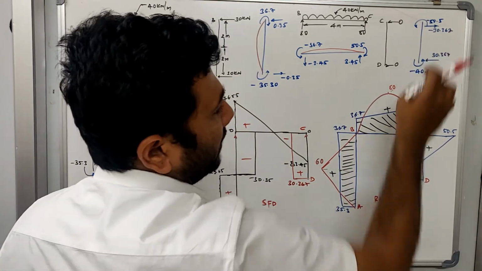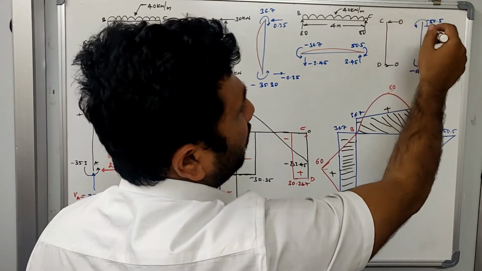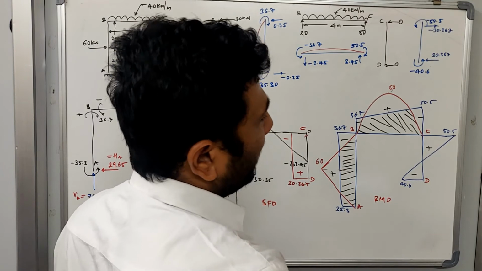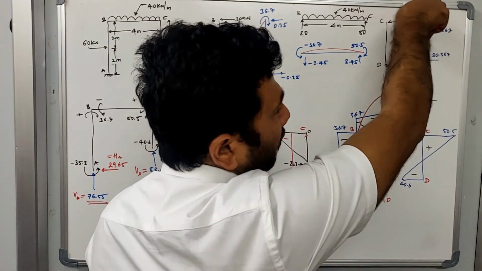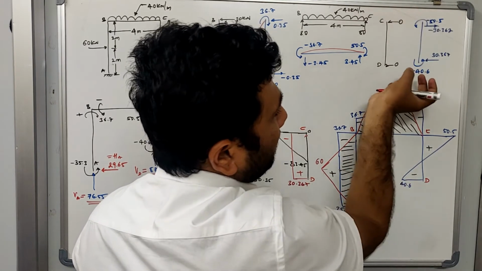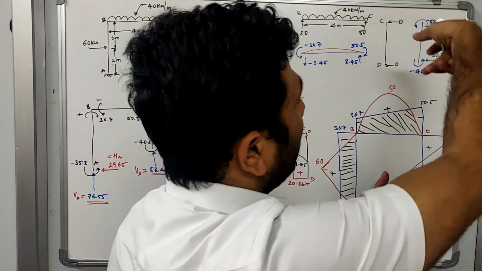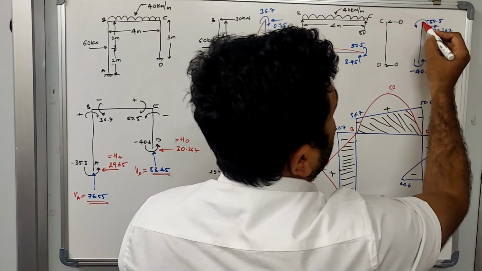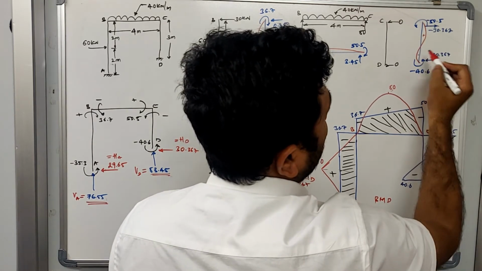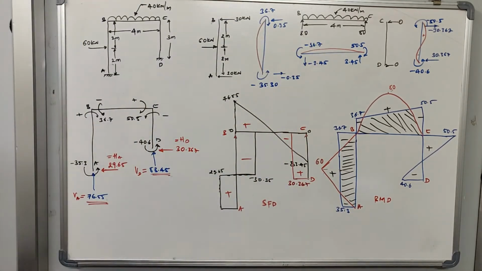Now going to this last column that we have, there is no external loading. So there is only one bending moment diagram that will be drawn over here, which is because of only the end moments. Now we'll try to understand how this behaves. There is a moment that has been applied in this direction. Again, at the bottom also there is a moment applied in the same direction, which is anti-clockwise, negative direction. If I apply this, the elastic curve would be like this. So this becomes your sagging part, this becomes your hogging part. With respect to that, I have drawn this bending moment diagram. I hope this is very much clear.